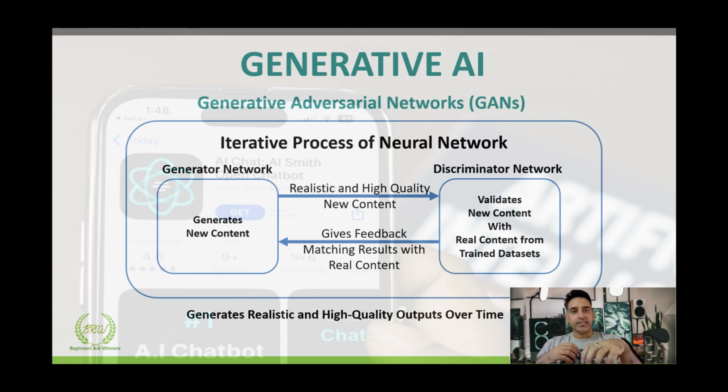And all of this happens in an iterative process. So the generator learns to produce content that can deceive the discriminator, resulting in more realistic and high quality outputs over time. For example, if a generator network wants to create a fancy new spoon, but instead it creates a fork or knife or maybe a broken spoon, the discriminator network here will validate the object created by